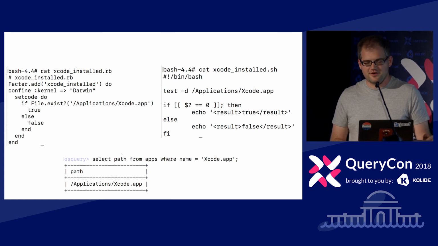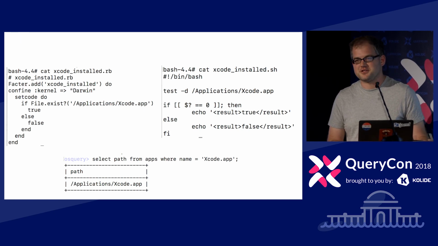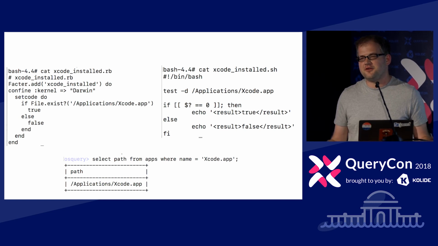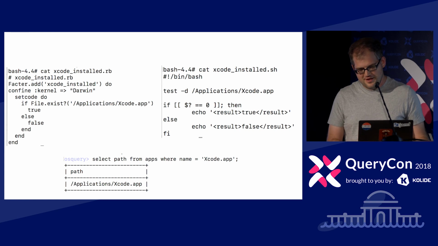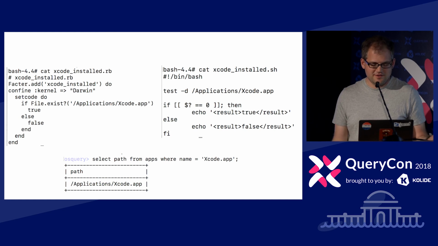Or, maybe you had some other management tool for your machines, so you needed to write an extension attribute. You could write that in Bash, and it would return some XML. But there are a lot of lines in those scripts, and you would copy and paste the same thing over and over and over again. So you'd have one for Xcode installed, one for Android Studio or whatever other developer environment, so you could act upon that. But we could really just write one line of a SQL query and get back roughly the same information. We could get back a lot more information, but this is much simpler.